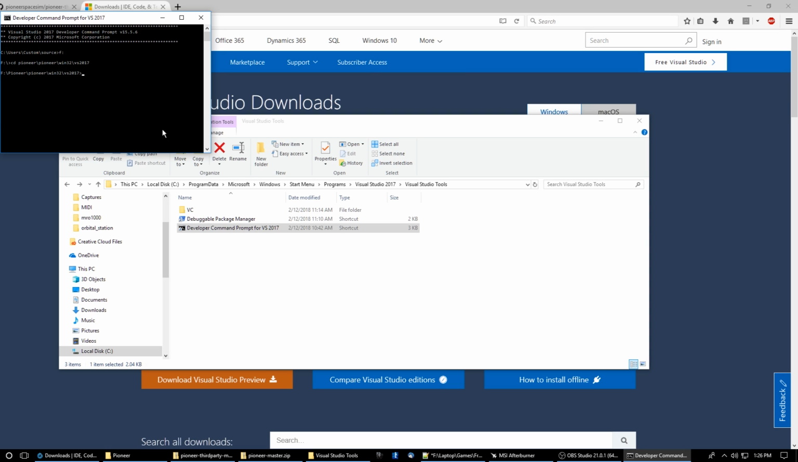So now that you're there, you're going to use msbuild, then pioneer.sln, SLN. Now, here's the important part, because if you just do that, it's going to build a debug version of the game, which will run terribly. So you're going to want to do /p:, which is property, then Configuration, capital C, equals Release with a capital R,